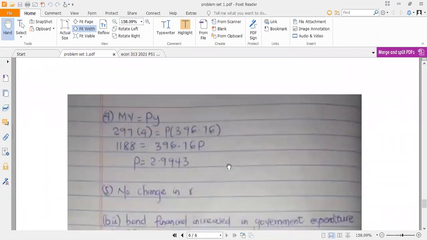Then for our new P, you go back to the equation of exchange. MV, where M is 297, equals the P that we are looking for times our new Y. So we use the new Y, and you have a linear equation in terms of P. Solve for P and hopefully you get P to be 2.994. So there's a reduction in price because of the change in the marginal tax rate. There will be no change in the real interest rate because the change in the marginal tax rate has nothing to do with